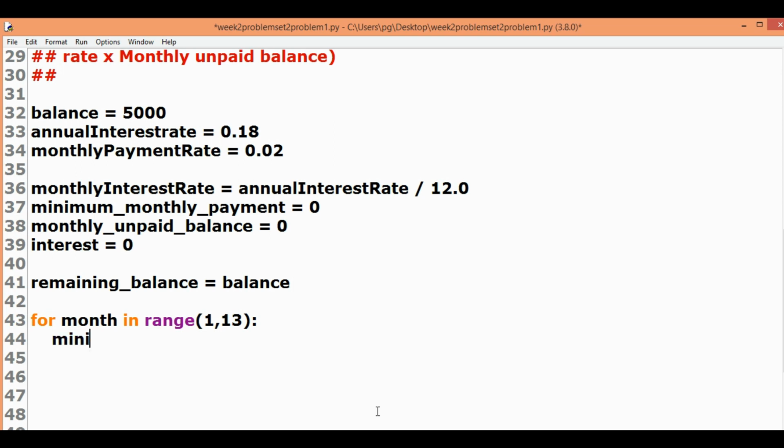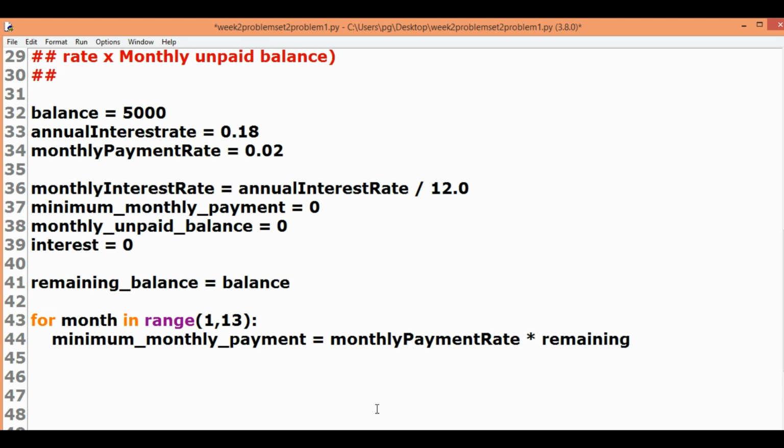So minimum monthly payment is equal to monthly payment rate into remaining balance. Now we write this statement as we are given that minimum monthly payment is equal to minimum monthly payment rate into previous balance.